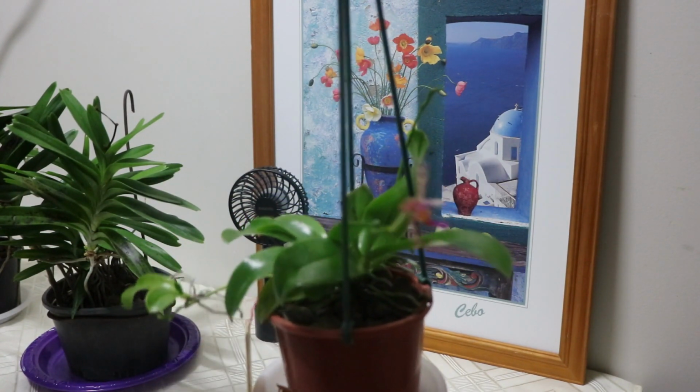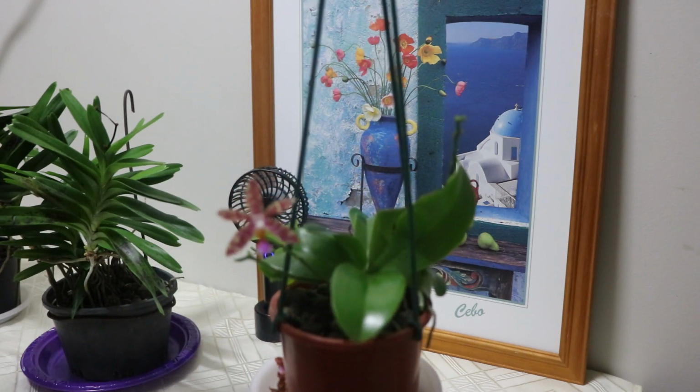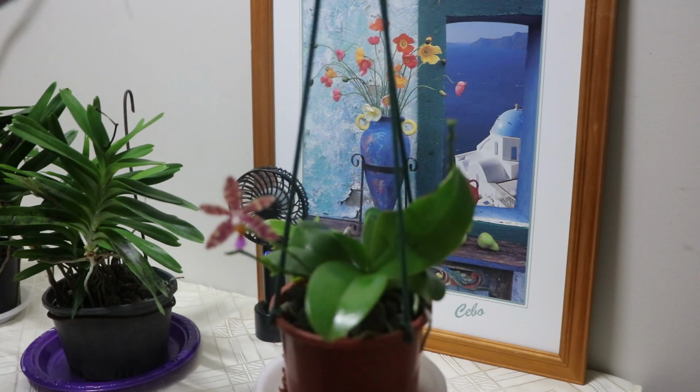So like the hanging one, you like to hang it, too, easy to dry as well, I guess, and more air coming up in the bottom and in the top. So also this one,